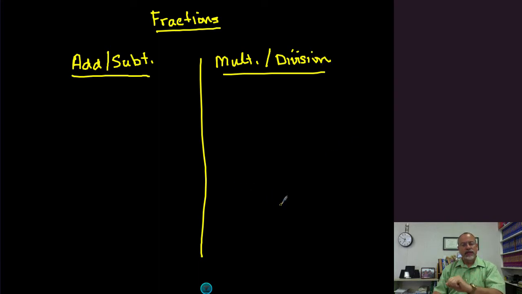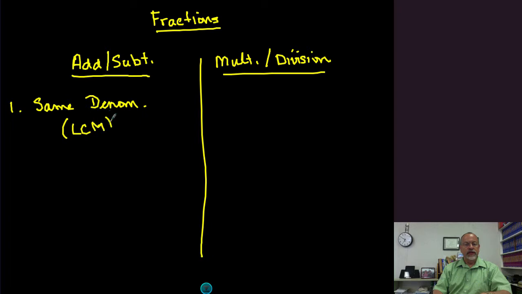Okay, so having grouped those together, let's look at the first thing that we have to do when we're working with fractions. And that is, when we're adding and subtracting fractions, we must have the same denominator. We cannot add fractions that do not have the same denominator. So what we have to do, as you probably heard before, is find a common denominator. And the common denominator is usually found by determining the least common multiple of all the denominators of all of the fractions that you're adding together.